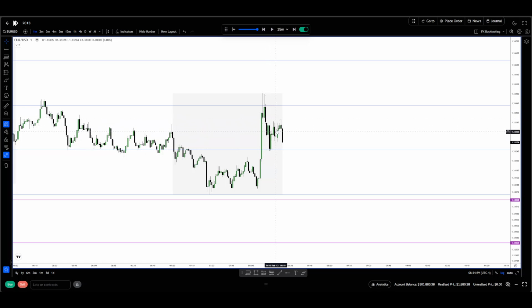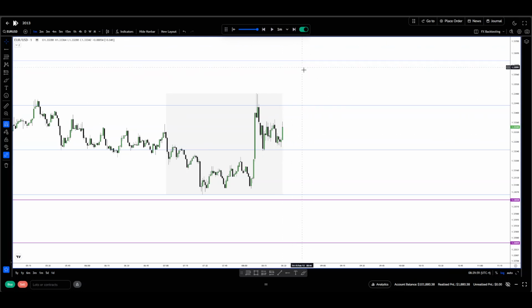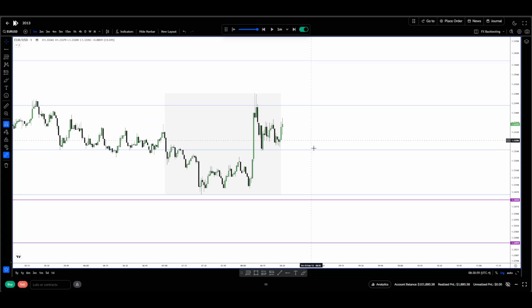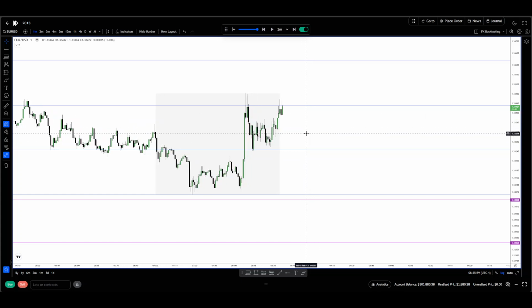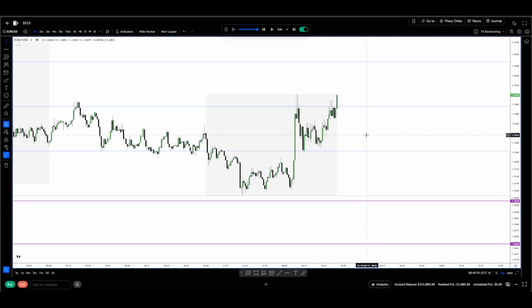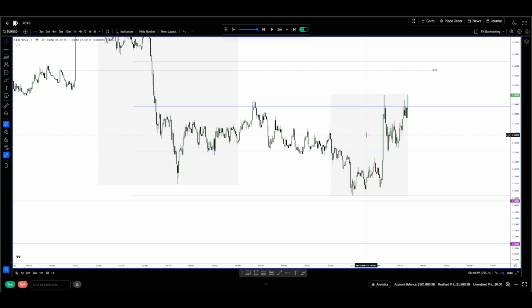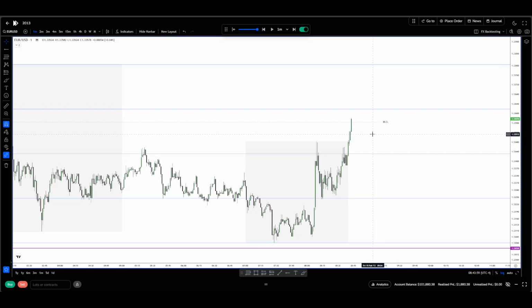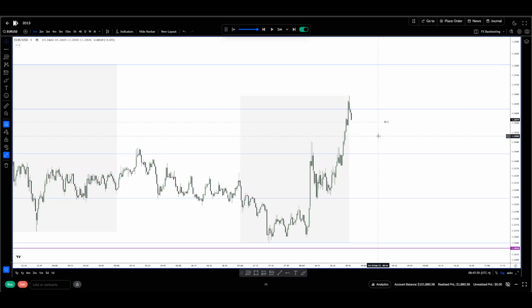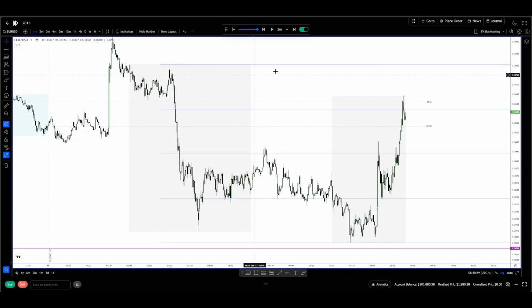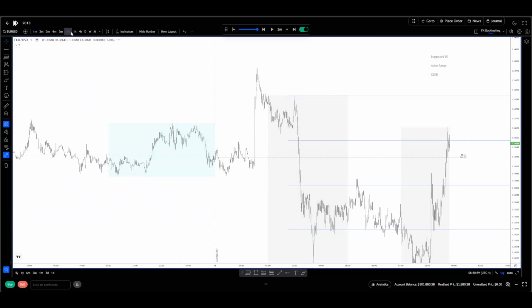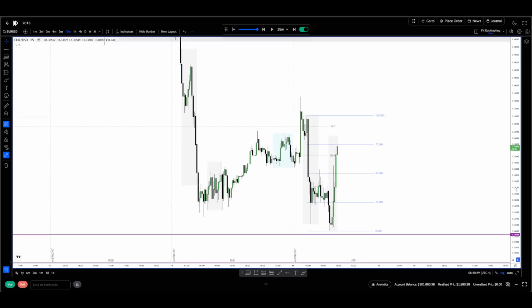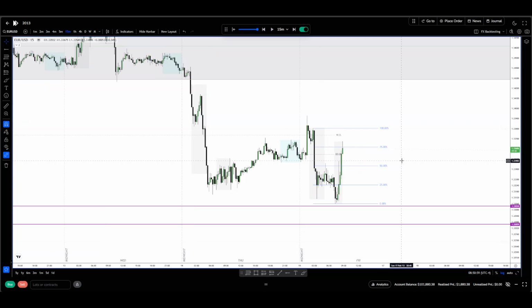We have speed. We consolidate a bit. We got speed again. So let's see. We're now at the buy side. So price wants to retrace deeper. Price maybe wants to go to the weekly opening price. Nope. Let's see in a higher time frame. Maybe we have some equal highs or something. No, okay. We now broke this